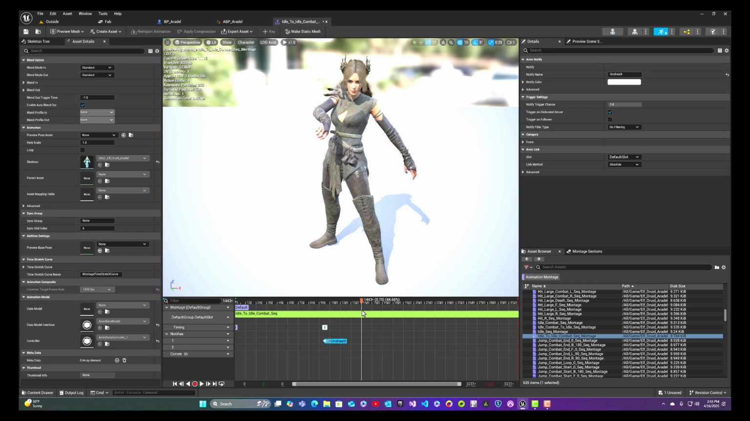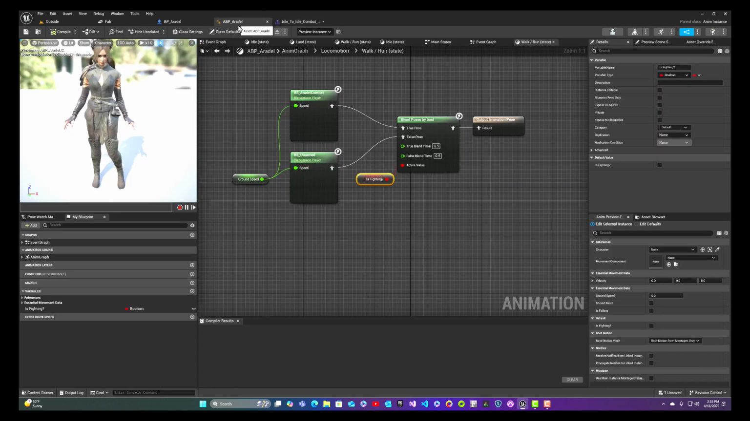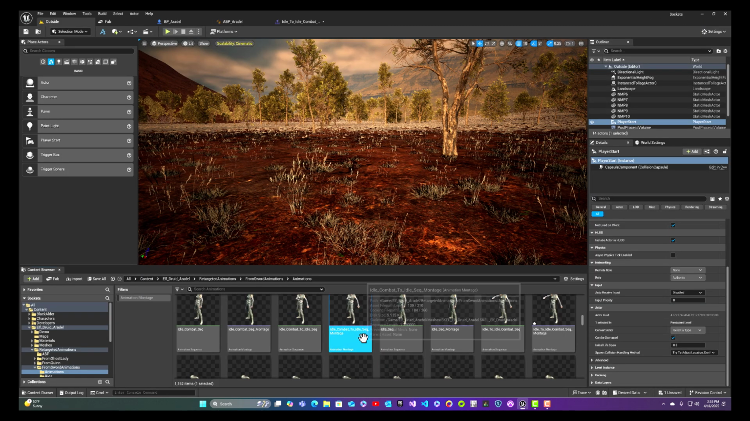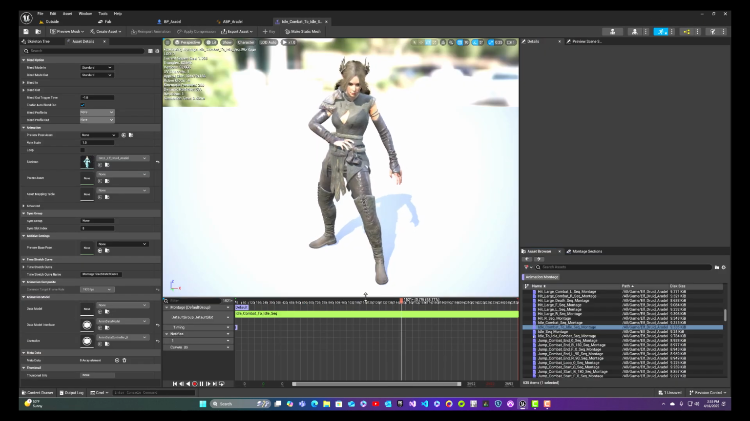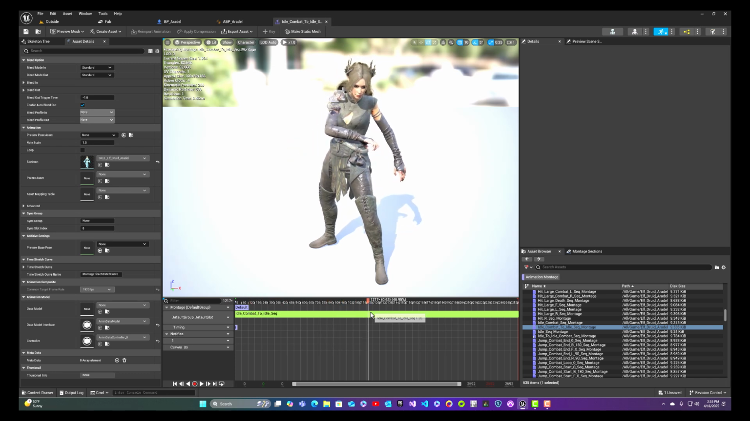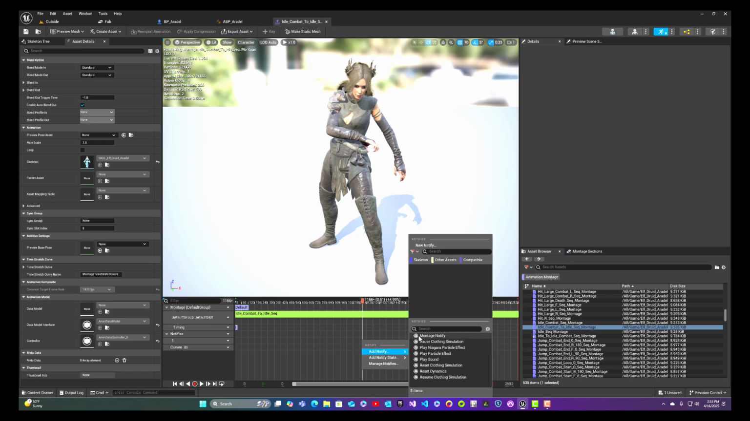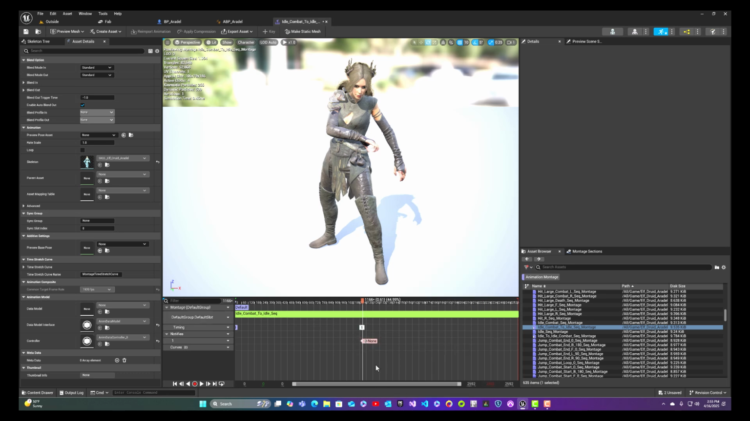And we have another montage, which is the opposite, okay? And it's this one, where the weapon gets put away. So let's pause the animation and figure out where we want to put that notify. I think maybe right about there. So I'll right-click on the notify track, add notify, montage notify, and I'll select the notify and